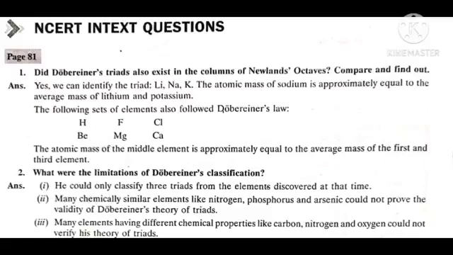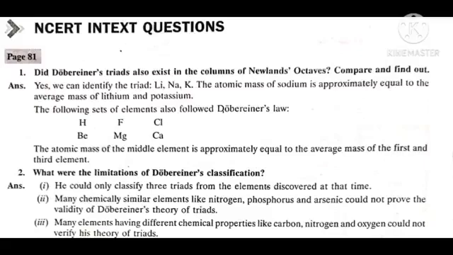Yes, we can identify the triad, that is lithium, sodium and potassium. The atomic mass of sodium is approximately equal to the average mass of lithium and potassium. The following sets of elements also followed Dobereiner's law: HFCl, hydrogen, fluorine, chlorine, and beryllium, magnesium, calcium. The atomic mass of the middle element is approximately equal to the average mass of the first and the third